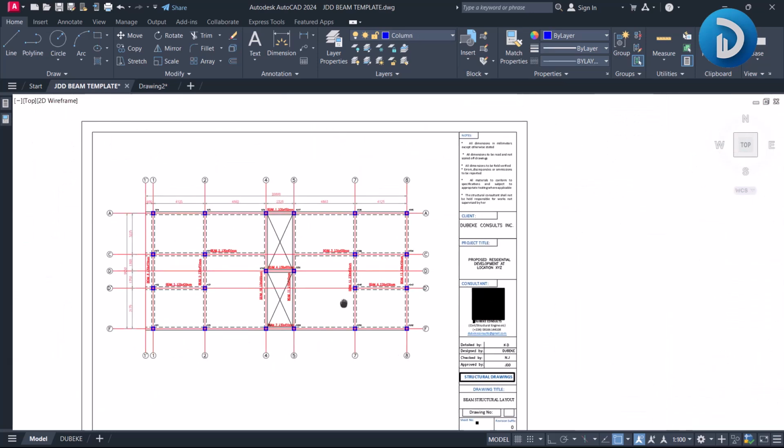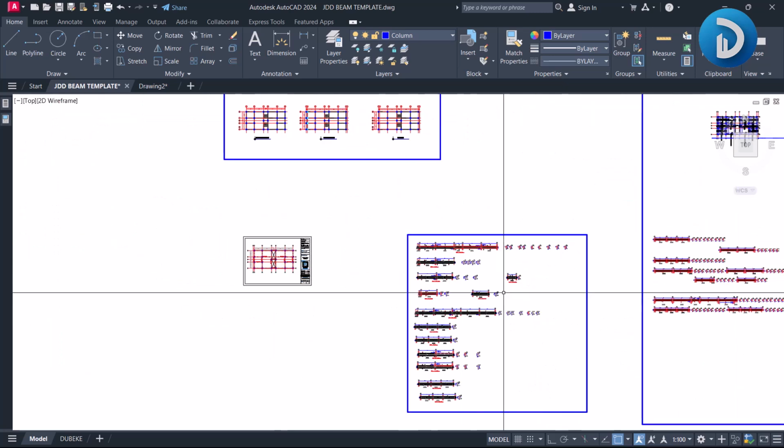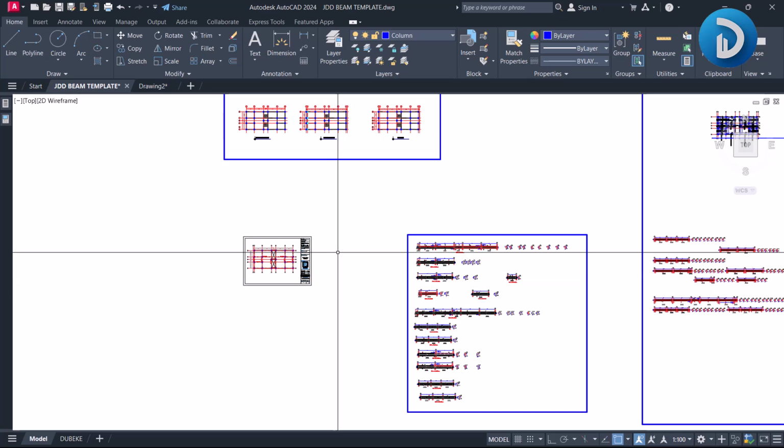So now we are done with our beam structural layout, and we have to put our beam sections in another